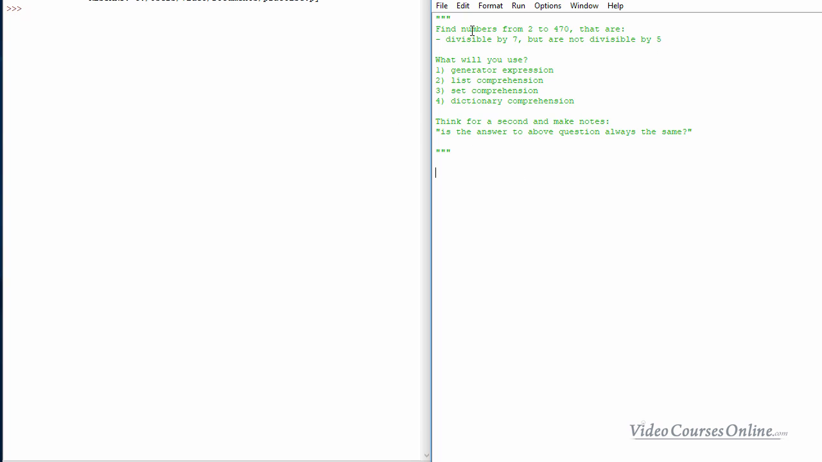Okay, so we need to find numbers from 2 to 470. I think that finding numbers is pretty easy. We can just use the range function and put as the first value 2 and then 471. Remember that we need to add 1 to that argument, because otherwise we won't have 470 generated, right? Okay, so we should choose from the numbers that are going to be generated here the ones that are divisible by